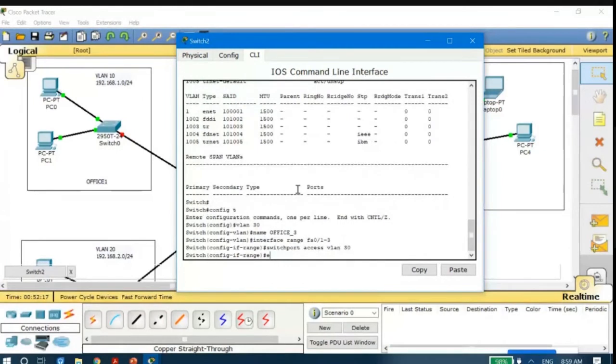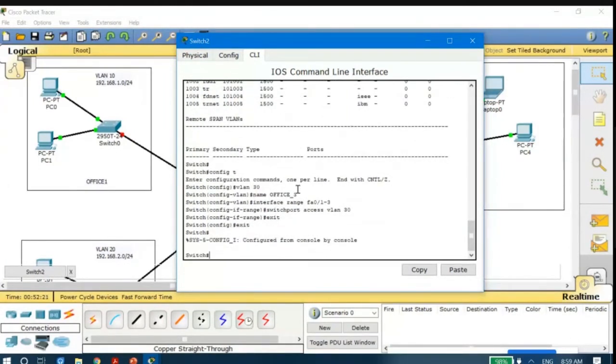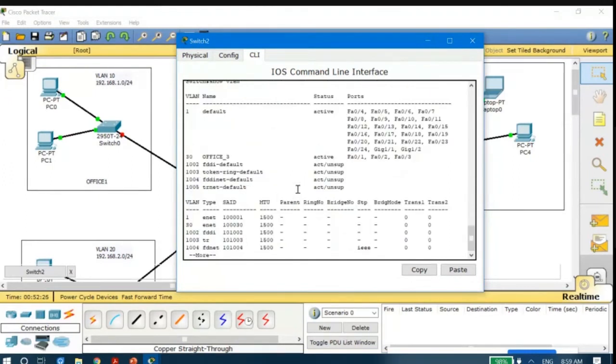Done. Exit, exit. Then type show vlan, just to check whether it has been configured properly or not. You could see VLAN 30 Office 3 has been configured properly.